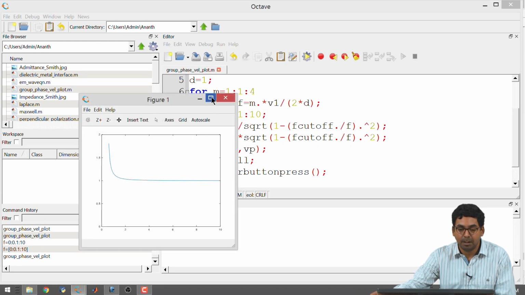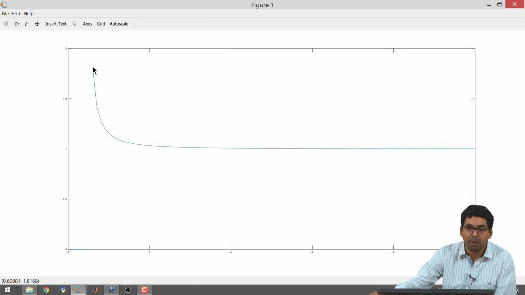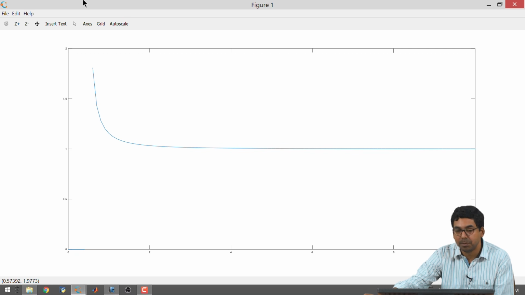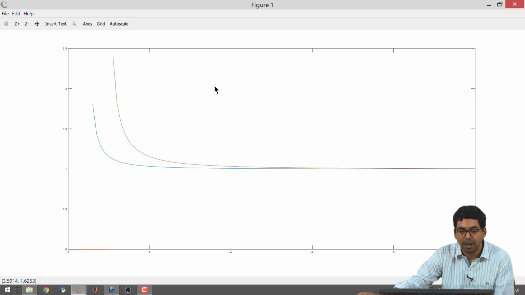So, I am having a plot for the phase velocity, and this should be corresponding to m equal to 1, alright. So, it starts from here and then asymptotically goes to 1. So, at very high frequencies, the phase velocity has become equal to 1, which is my defined value of V1. At very low values of operating frequencies, it seems to be going all the way to infinity. It seems to be following the trend. I will make a click. Okay, I have the next plot.